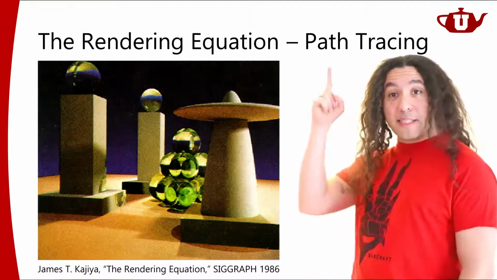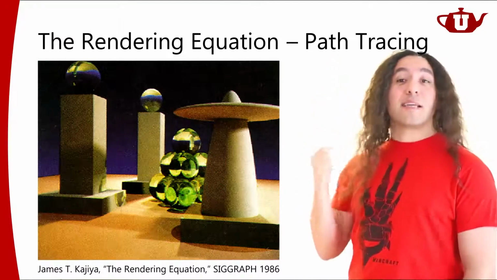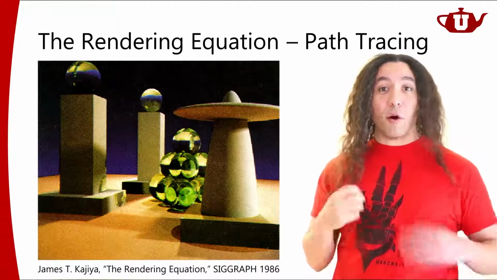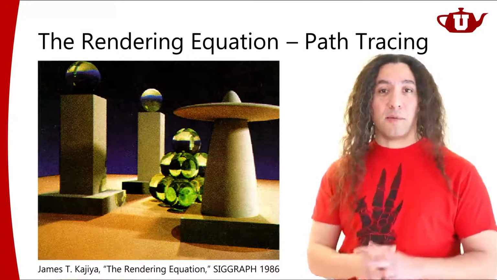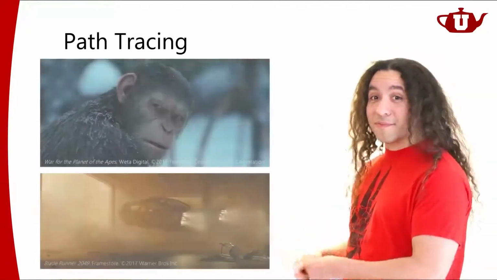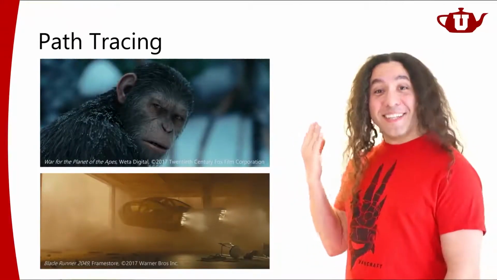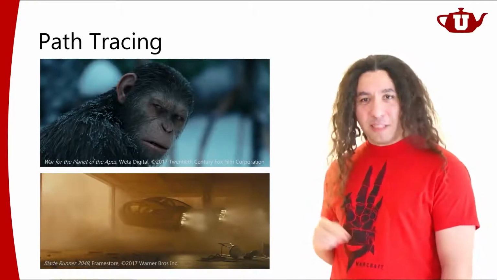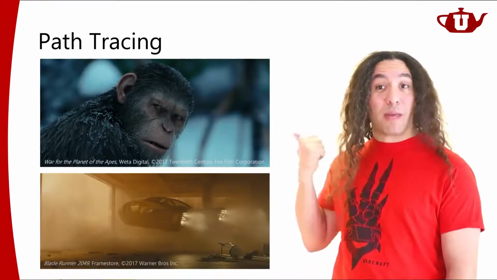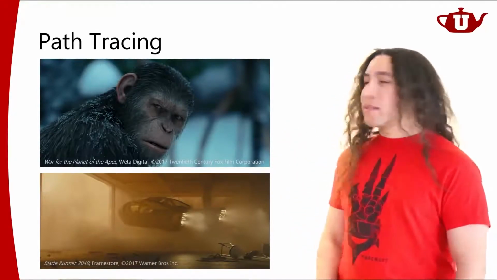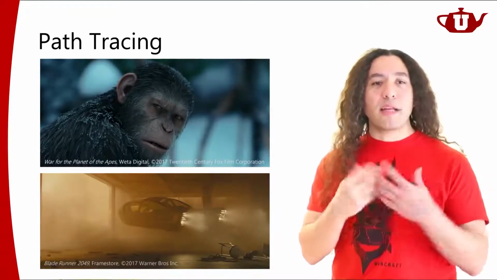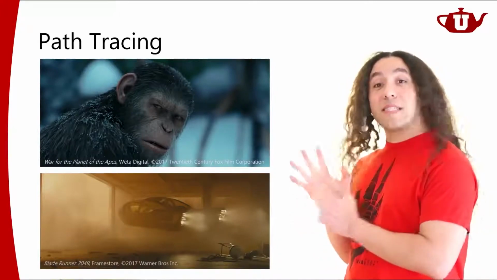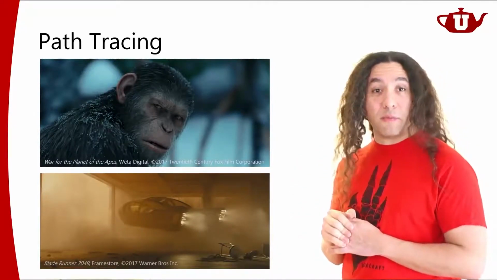But the algorithm itself, this path tracing algorithm, is still the algorithm we use in computer graphics for generating all sorts of super highly realistic imagery. For example, path tracing. Just examples from two relatively recent movies, right? Images rendered using that path tracing algorithm. Now, all sorts of other more complicated algorithms came out in the meantime, but path tracing is still a fundamental technique that we use.